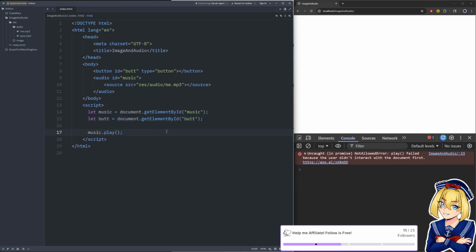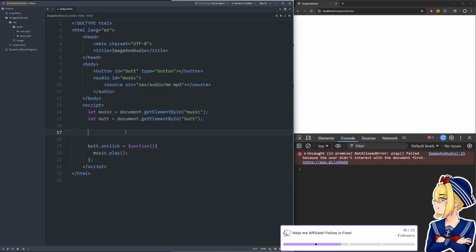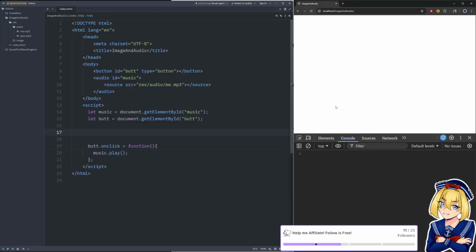I want to listen to music, but because we're doing audio stuff, that makes it kind of rough. We're going to say but.onclick equals function. And then inside of this function, we can say music.play. So now when we refresh, there's a little button we didn't put anything inside of. Let's say play. Okay, so now we have a little play button, and when we click it, it should grab the audio source that we can't see because there are no controls on it, and it should play the audio source. So let's try that.